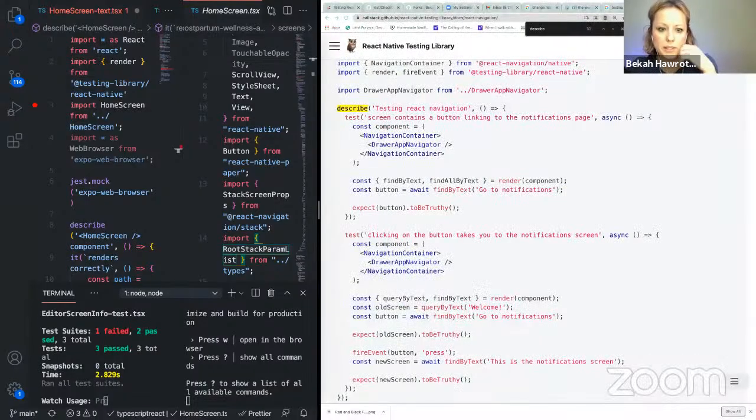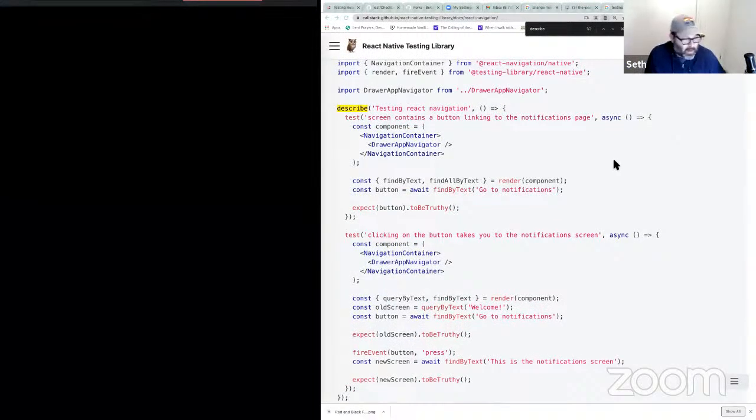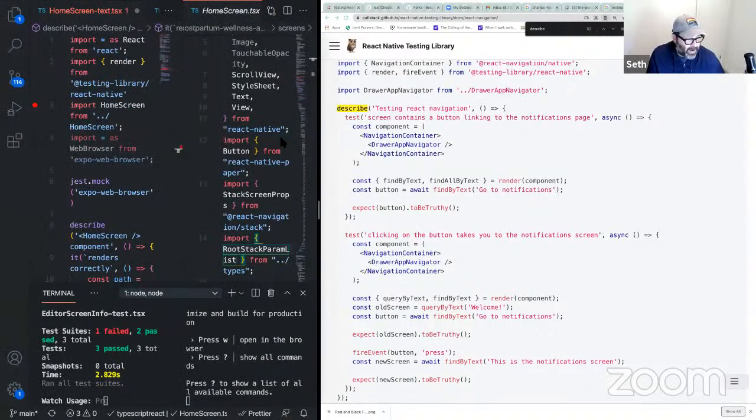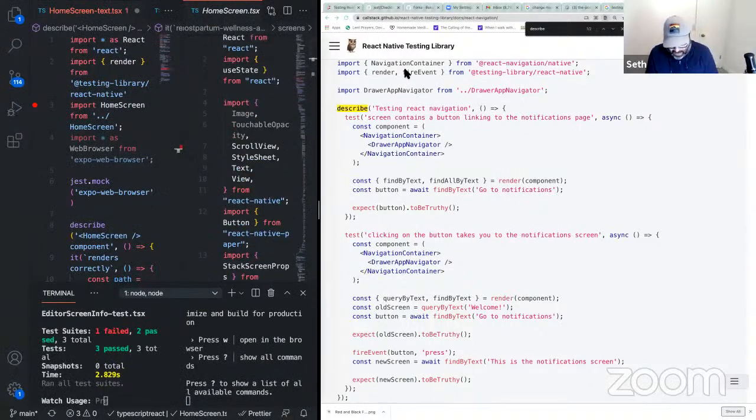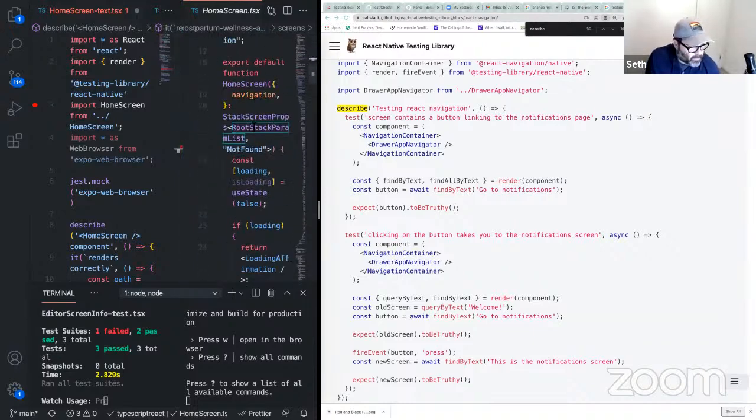My screen went all crazy. Yeah, so it seems that this is a React Native specific thing, right? It's the whole navigation system in React Native. Maybe somebody in the chat can chime in and help, because I've never actually used React Native except for my little bit of time in this app. And this is probably the biggest hurdle we'll have on this particular test.